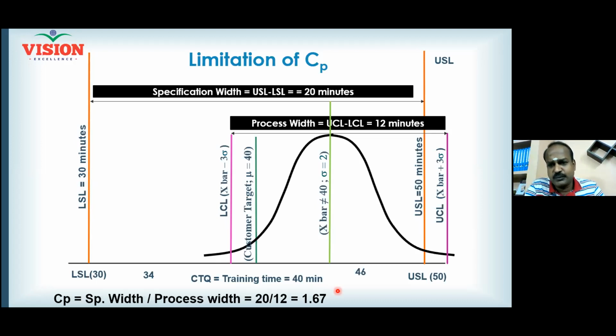So according to them, for critical processes, your CP as well as CPK should be more than 1.67. For non-critical processes, it is 1.33, because always having an additional cushion is better, right? So that means your risk is low. Even if something goes wrong in your process, still your process will make sure it produces output within the customer specification limit.